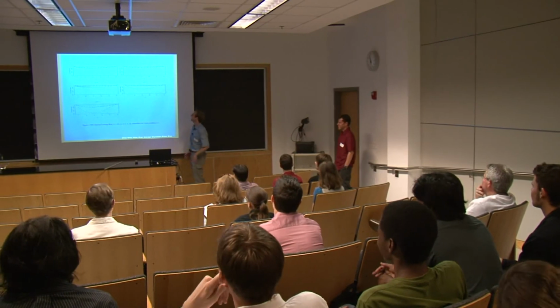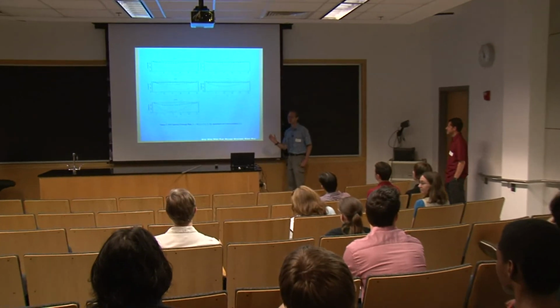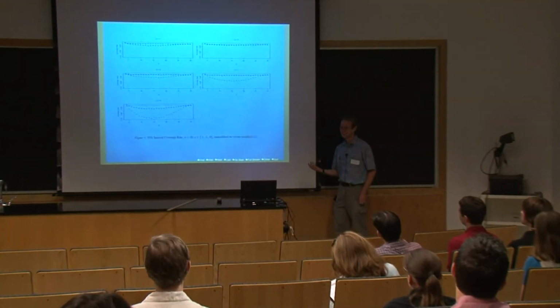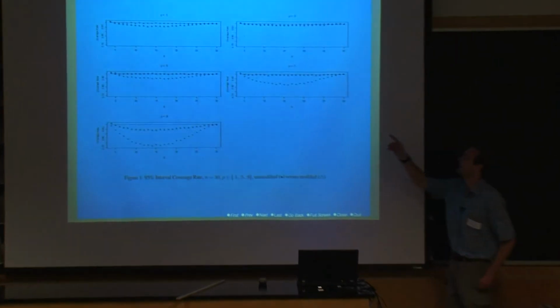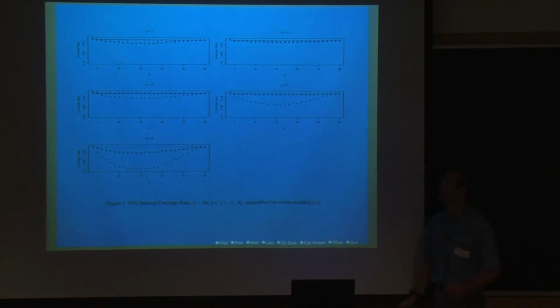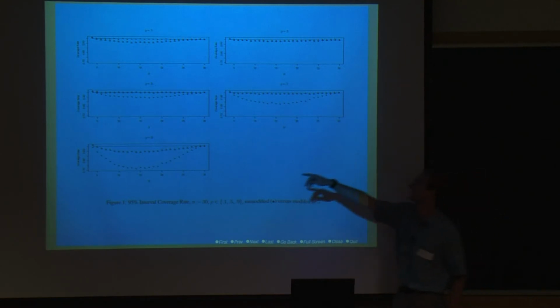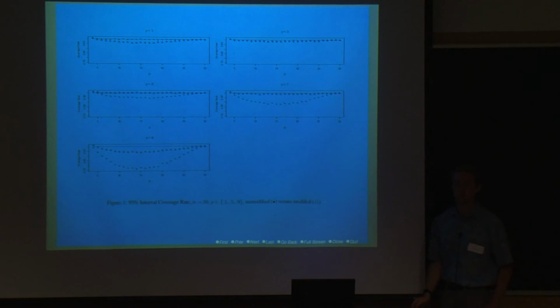Okay, so this plot is for n equals 30, and it shows coverage rates for both the modified and unmodified confidence intervals. The dots are for unmodified, and the triangles are for modified. The solid line in each plot is the nominal 95% line. Each plot is isolated on a value of rho. At the very top left corner, we get rho equals 0.1, and going from left to right and down corresponds to increasing values of rho.